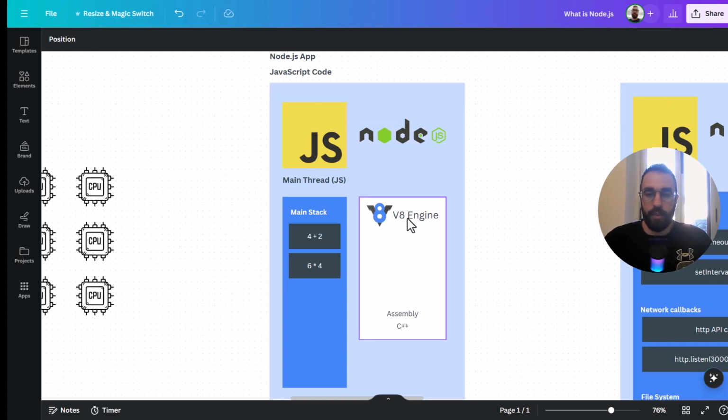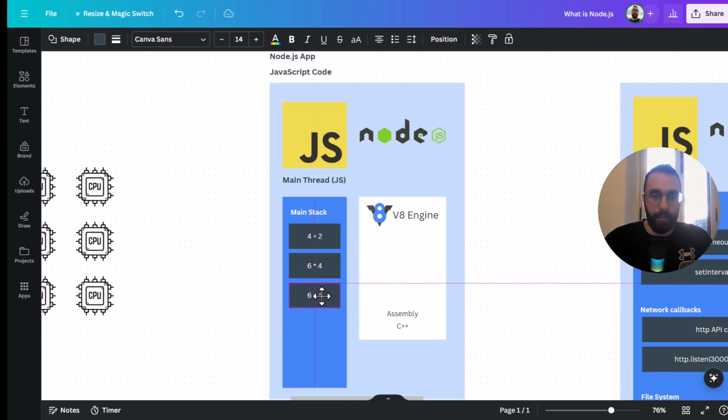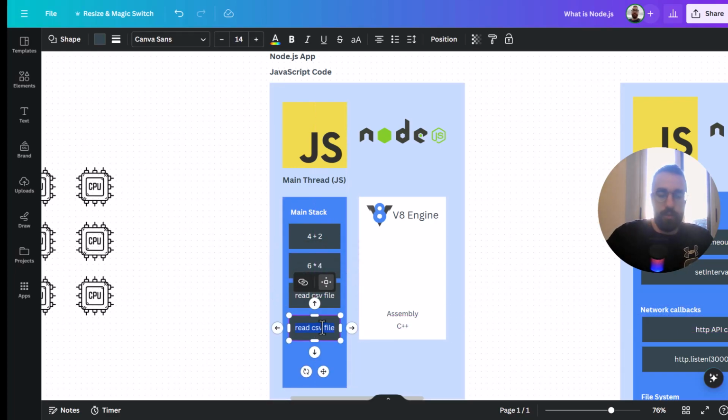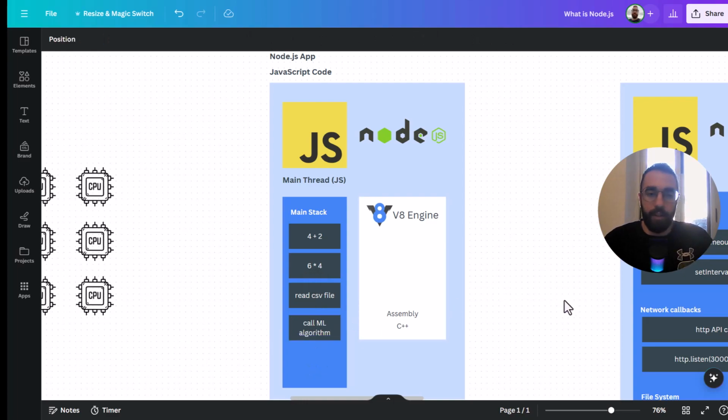Node.js uses the V8 engine to execute operations like 4 plus 2 or 6 multiplied by 4. But what if we have a function whose job is to read a CSV file, or another function whose job is to call a machine learning algorithm? Somewhere on the internet we have a machine learning algorithm hosted, and we want to use it